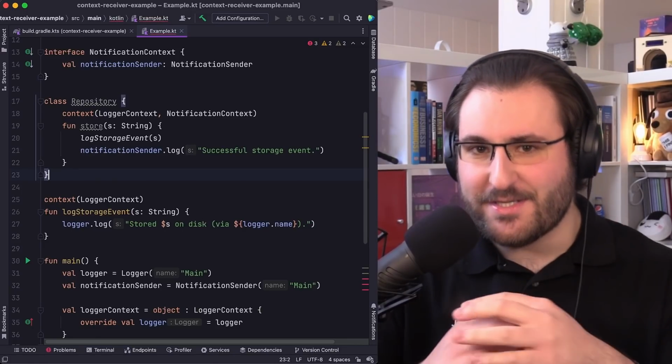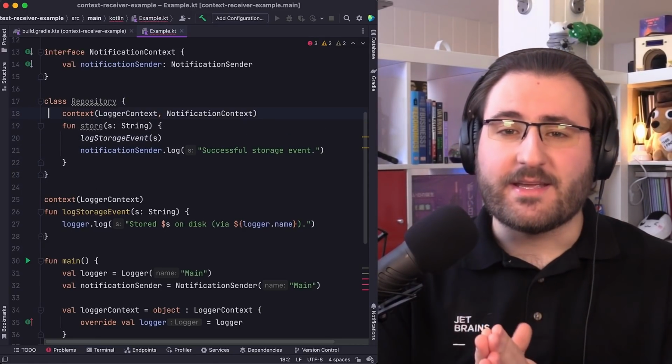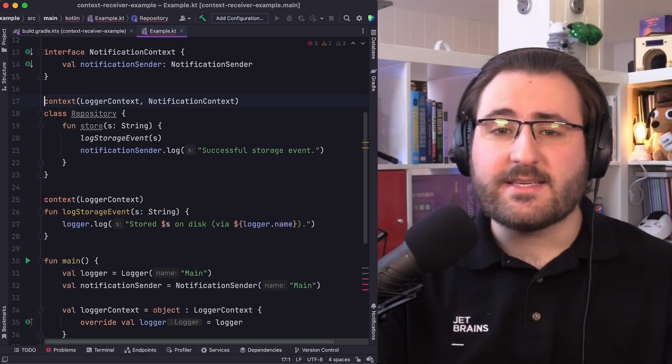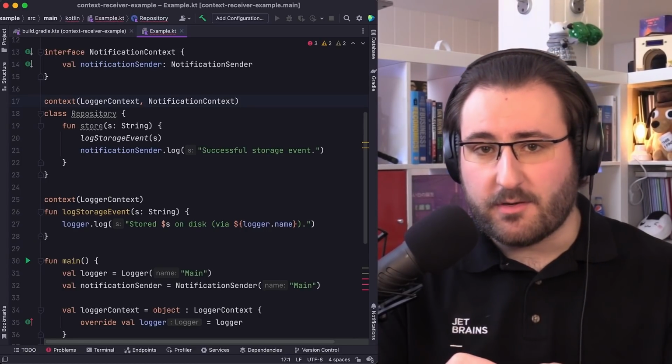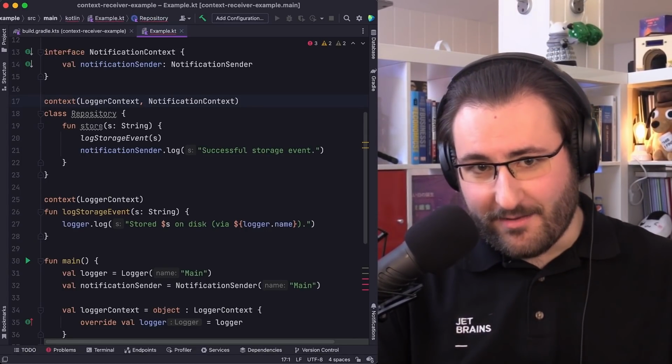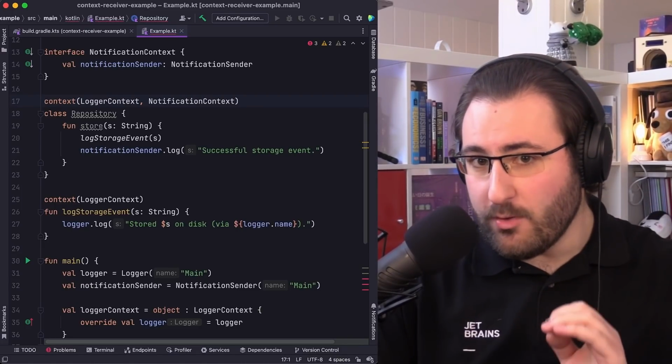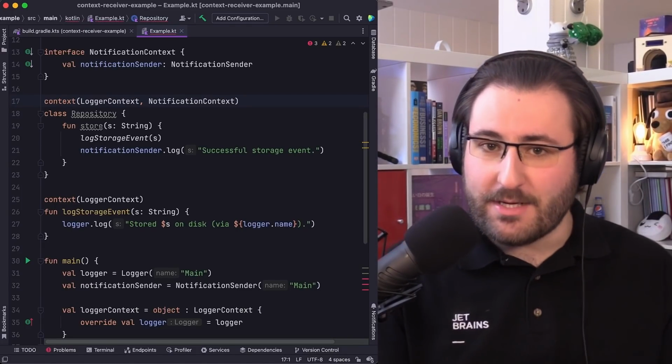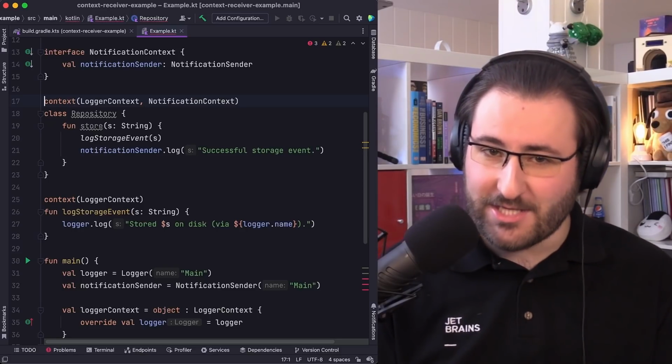But it's not just functions that we can mark as requiring a context. We can also put the context declaration before the class keyword. And now this changes the meaning. This means that the class can only be constructed when the surrounding scope provides logger and notification contexts.